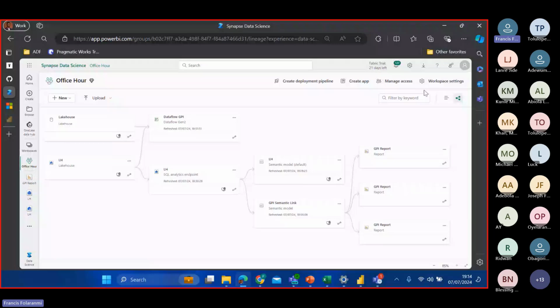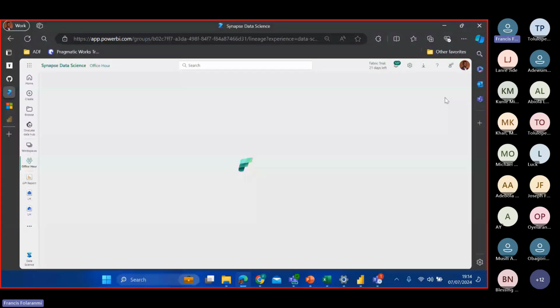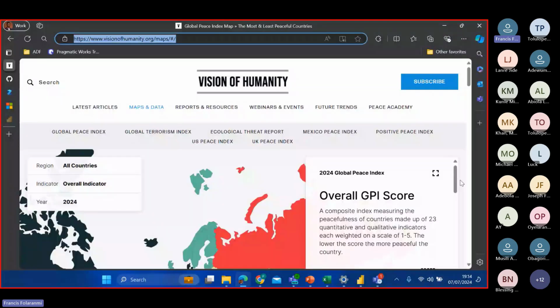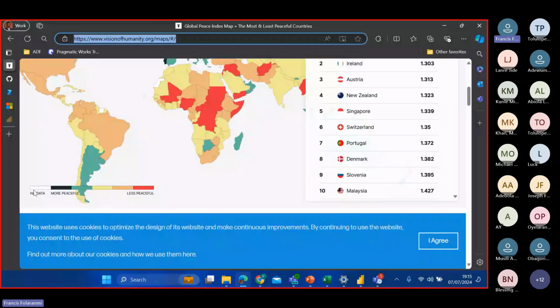Because if you actually scroll down the website, you can see the map, you can see no data, you have the key, more peaceful, less peaceful, and all of that. So Power BI can also create a similar report as this. That's why I went into my Power BI Desktop. Then I can click on OneLake, then click on my lakehouse. From there, I can connect to the dataset sitting within my lakehouse to create this report, which will give us the semantic Direct Lake mode rather than import mode or DirectQuery mode.